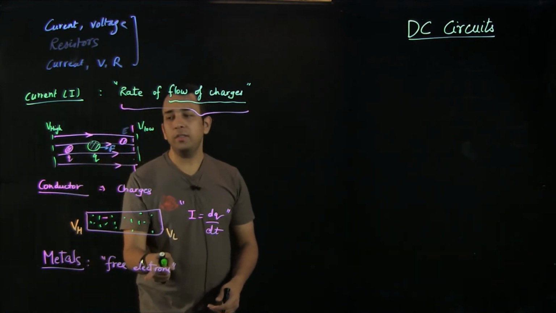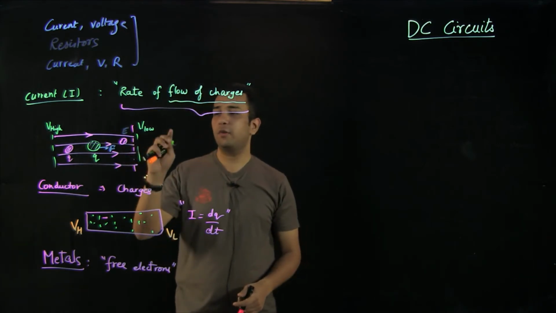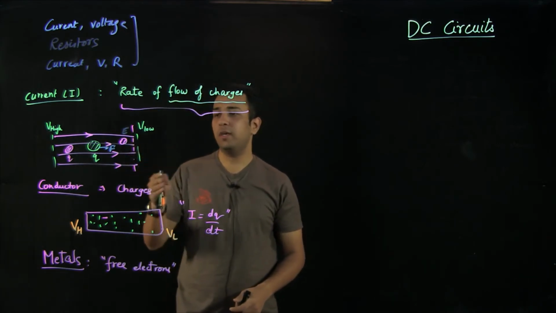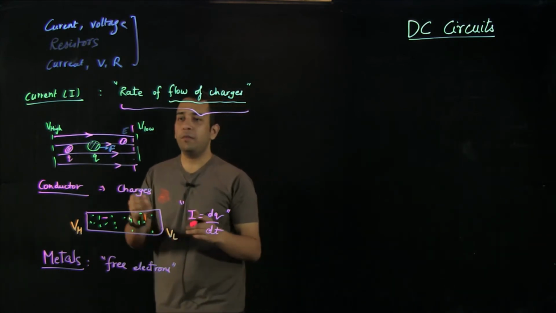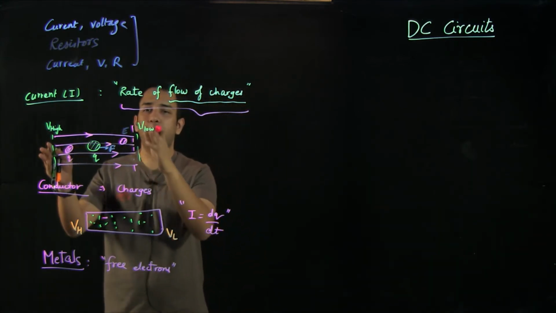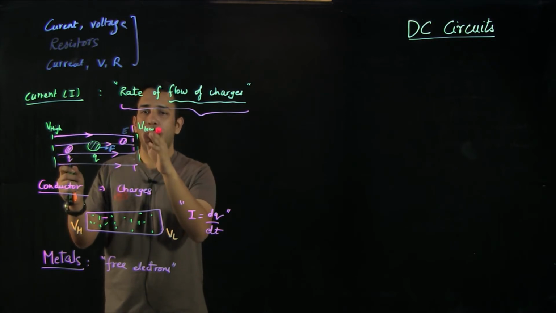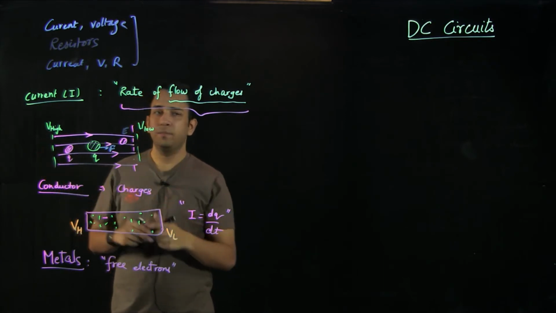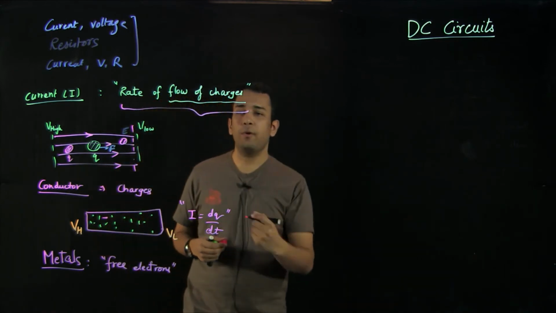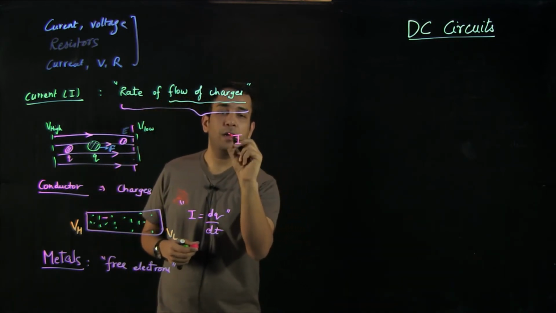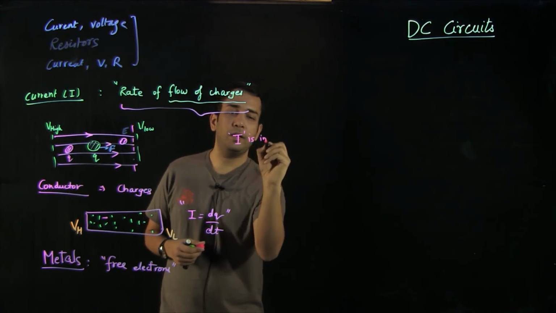But because the electrons are negatively charged particles, they will experience a force in the direction opposite to that of the electric field. Thus the motion of electrons will be from right to left, that is from low potential point to the high potential point. Thus it gives rise to an important property of the current, that current is